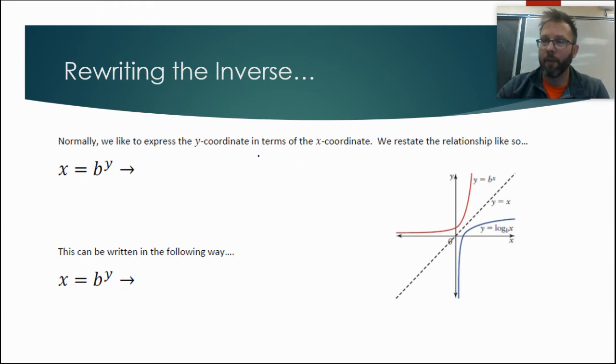The way we do that is by using something called logarithms. As we mentioned, normally we like to express the y coordinate in terms of the x coordinate. So when we have x equals b to the power of y, we're going to restate it in words first and then how it can be written. So x equals b to the power of y, we're going to say that y